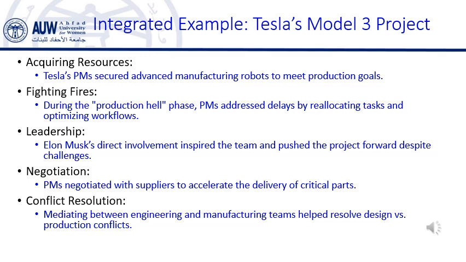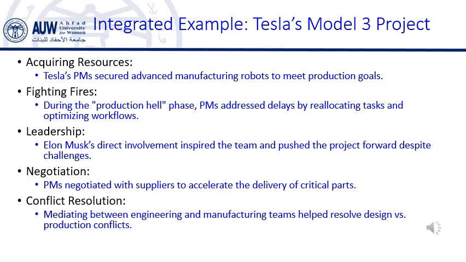1. Project Overview. Tesla's Model 3 is an electric vehicle designed to be affordable while maintaining Tesla's reputation for innovation and performance. The project was part of Tesla's goal to mass-produce electric cars for the broader market. The timeline for the Model 3 project was ambitious. Tesla needed to scale up production from the more limited Model S and Model X vehicles to meet a much higher demand for the Model 3. As we explore this example, think about the project manager's role in guiding the team through the challenges of scaling production, meeting deadlines, and managing resources.